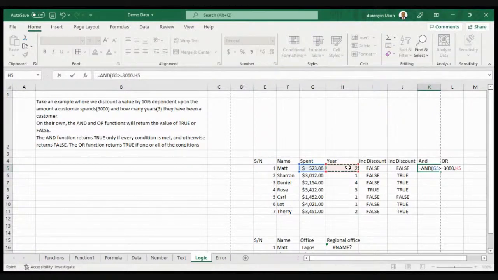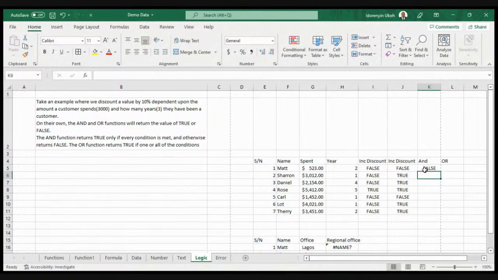We're also comparing if the customer has been with us for more than 3 years. So it should return true or false. If this customer is equal to 3 years, the answer here is false.